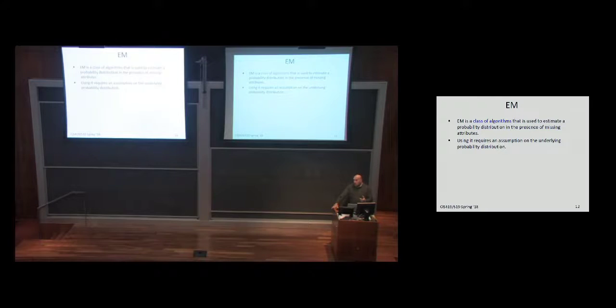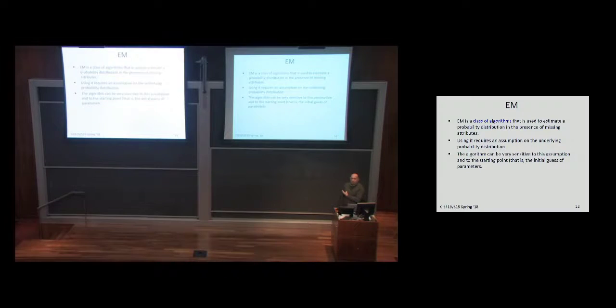In this case, missing labels. Using it requires making an assumption on the family of probability distributions that governs the generation of the data. And it's actually sensitive to this, as we'll see at the end, and also sensitive to the starting point,